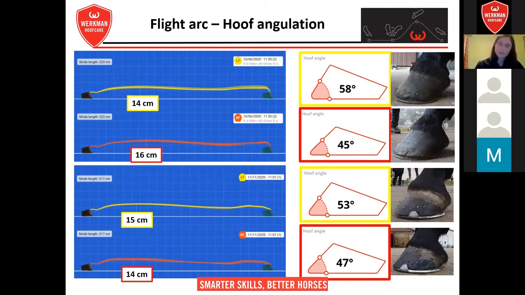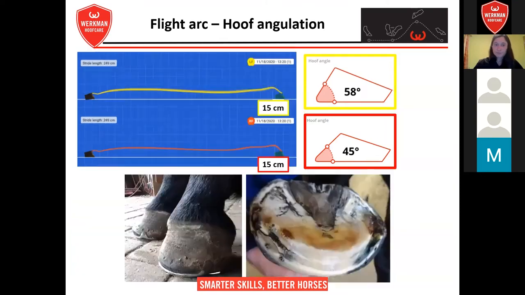But yeah, it's not really a clear line. It's just showing that something is happening to the hoof, to the horse. Yeah. And in contrast, again, we have another horse with